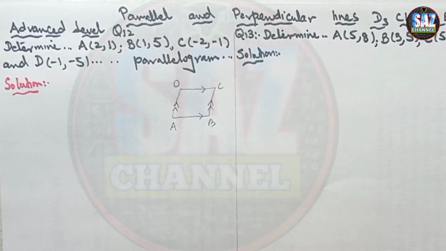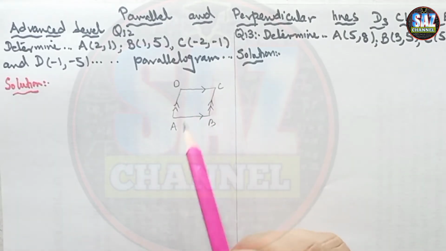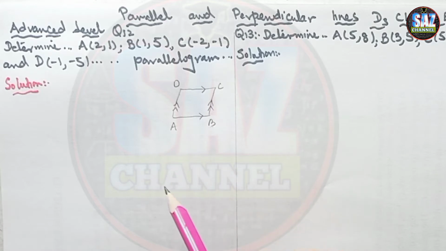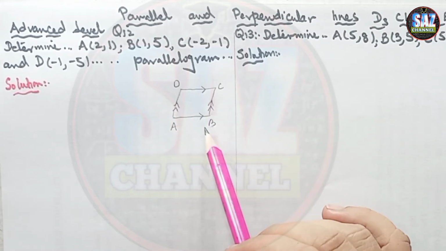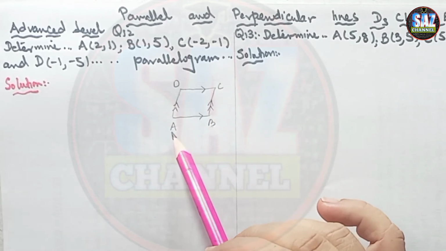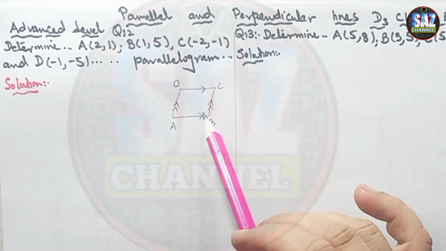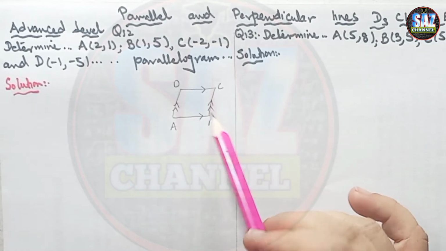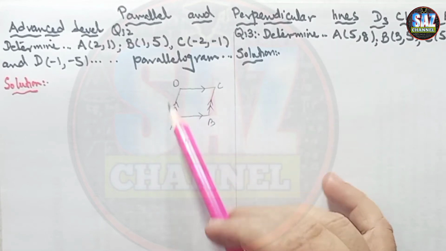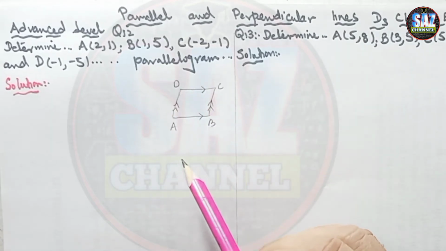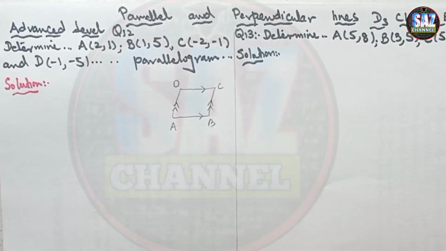And now, as we are discussing coordinate geometry, what is the rule to show that two lines are parallel? We will be finding the gradients of AB and CD. If the gradient of AB and CD is the same, then the lines will be parallel, and the same for BC and AD. If all these four lines are parallel, then we can say that the given vertices are the vertices of the parallelogram. So what we have to do is first find the gradient of AB.